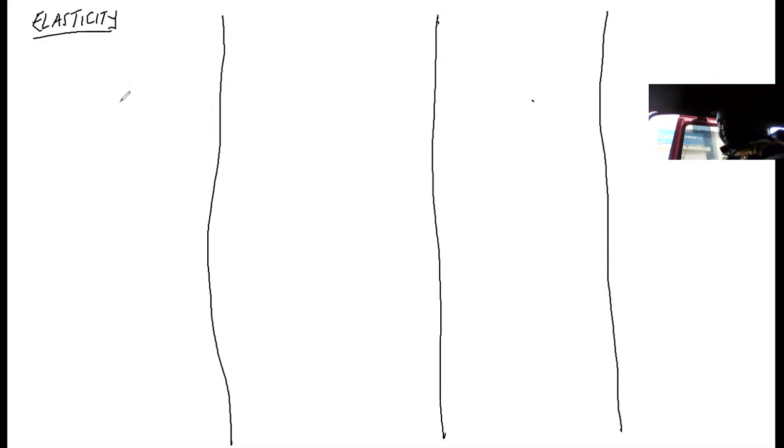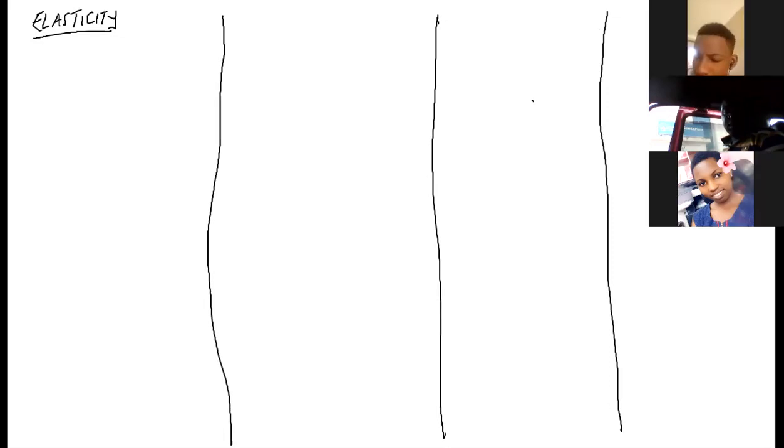So elasticity is basically a concept which requires extension of items, as long as that item is an elastic material. If the item is an elastic material, it can experience what we call elasticity. For example, if you consider a string having original length AB, and this original length is small l, when we pull it further to a new position B prime, then it will extend with an extension e